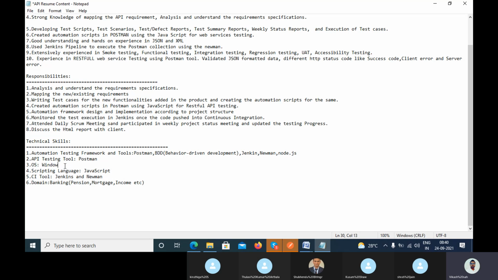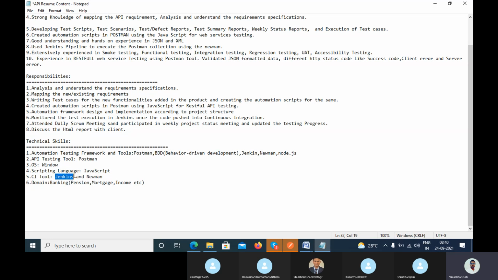On which operating system? It depends on your machine; if you have executed on Mac OS, you can mention it here, right? Whatever system you have, you can mention it here. The scripting language, which scripting language have you used for testing? JavaScript you have used. The scripting language is JavaScript, right? The CI tool, what CI tool have you used?